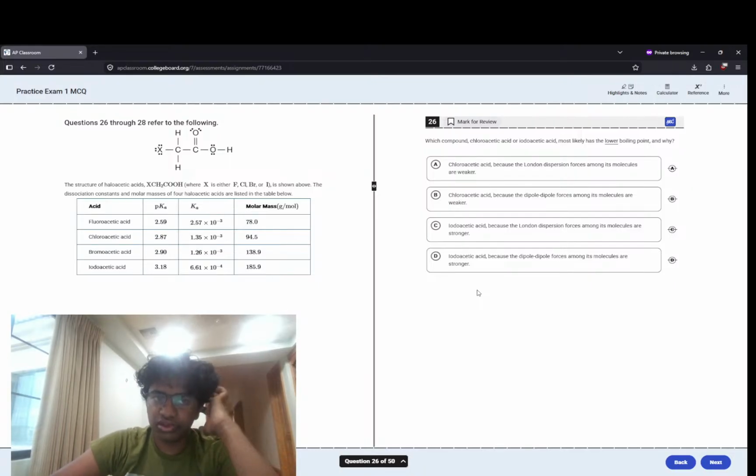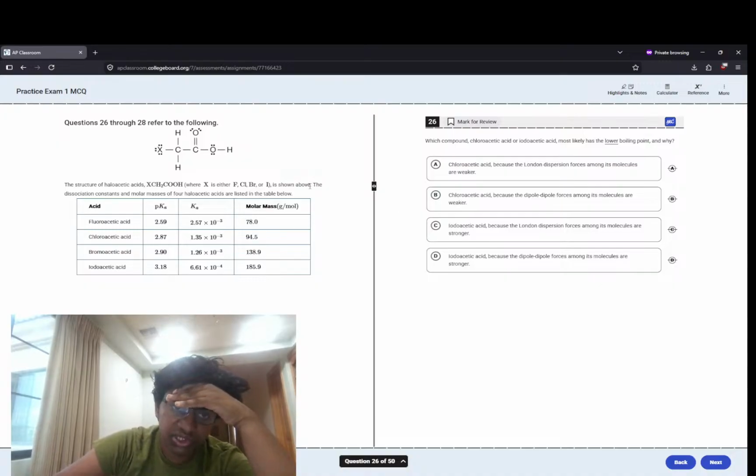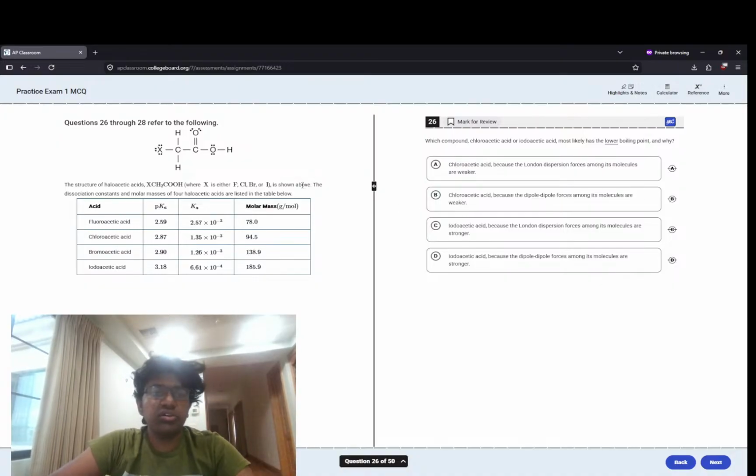There's a lot to look at in this problem. So you have haloacetic acids, where X is either F, Cl, Br, I, as shown above, and the dissociation constants and molar masses of these four haloacetic acids are listed in the table below. So the structure of haloacetic acids,